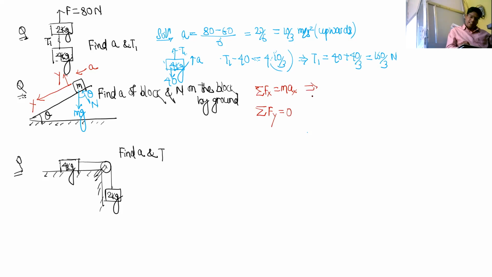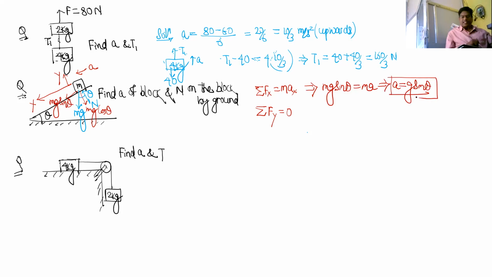So now if you write like this, along the x axis, you see this mg has got two components, one along this and one along this. The x direction component is mg sine theta, and this is mg cos theta. So instead of mg, you think there is mg sine theta and mg cos theta. So this becomes mg sine theta equal to m into a. So a comes out to be g sine theta. You can remember this also, that whenever a block is sliding on an inclined plane, acceleration will be g sine theta. Have you got it?